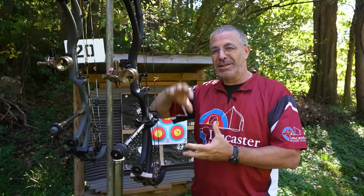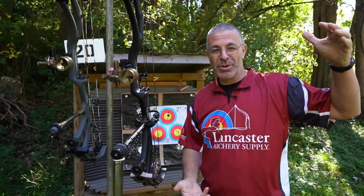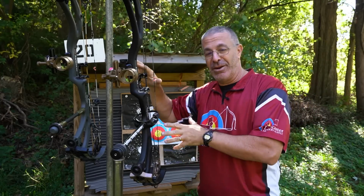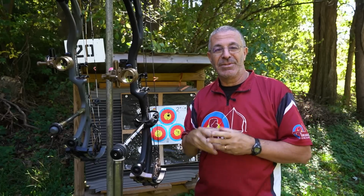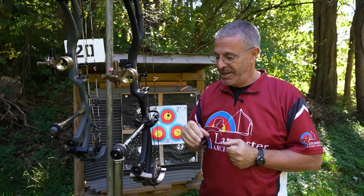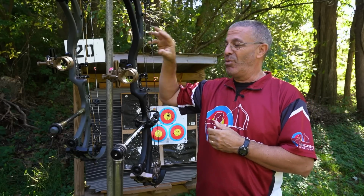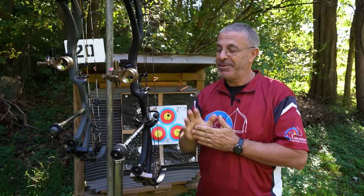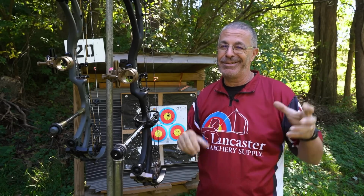Also makes them feel like they are much bigger bows, longer axle to axle, feels more stable at full draw, they hold better. I'm going to say that for the 33 over the 30. And so again, that's some of those compounding factors of that full draw stability. But I'm going to call the Mach 33 a winner over the Mach 30. I love the Mach 30, shot that thing great. Love this one, shooting it great, just feels a little more easy on the draw cycle,